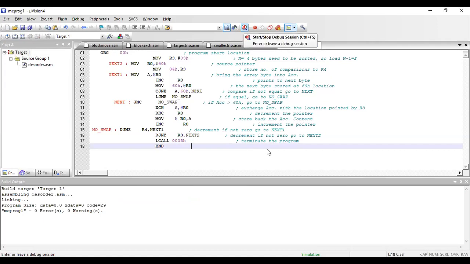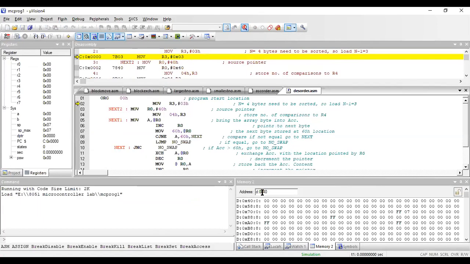Once you enter into the debug mode, again I need to start entering the values at the location 40, right? So once I enter into this debug mode, I have my address in the memory which is at the 40th location. I'll again enter some values: 34, 27, 12, and then 78, right? So this time I need to sort it in a descending order. I have entered 34, 27, 12, and 78. Once I say run, I should be getting it in a descending order, and the order will be 78, 34, 27, and 12, right? So that is the order.